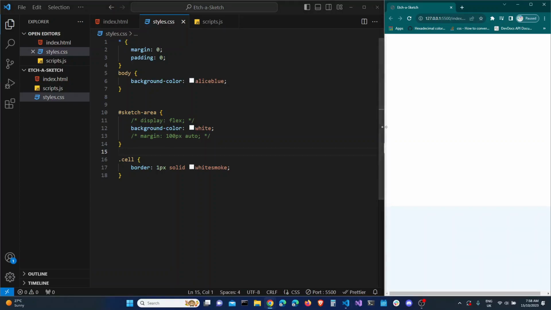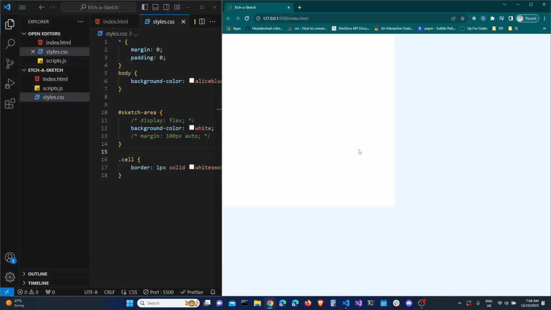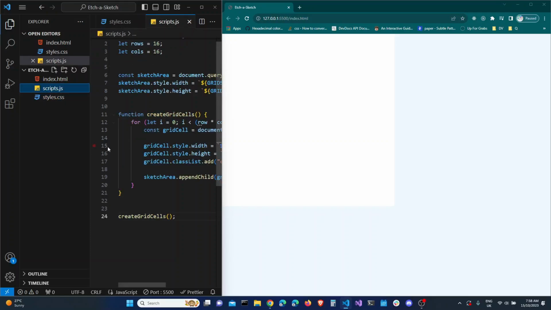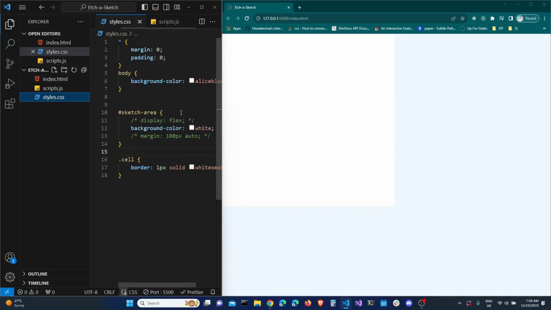Okay, so from our live server, you see that we have a sketch area which has the width and height of 600 pixels as we set in our script. It has a width and height of 600, but then we see that it has moved up to the left side. Okay, so as I was saying, with this margin, when we remove this